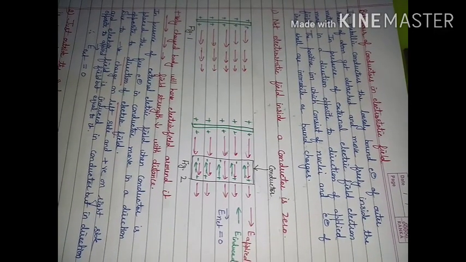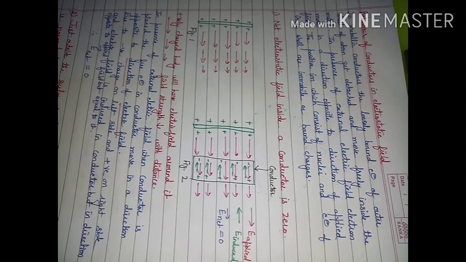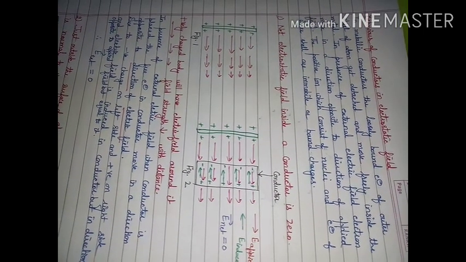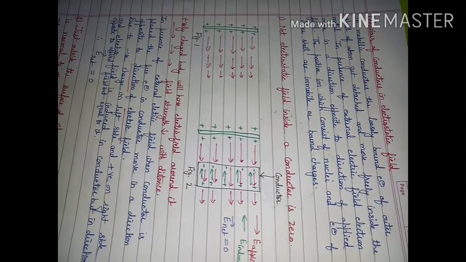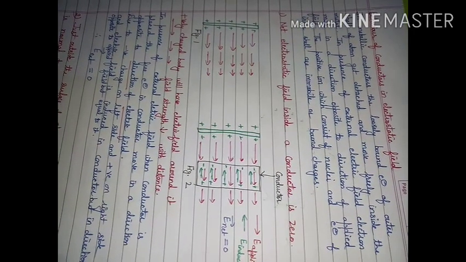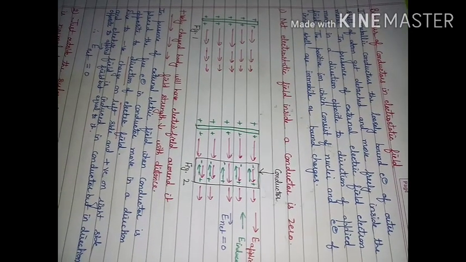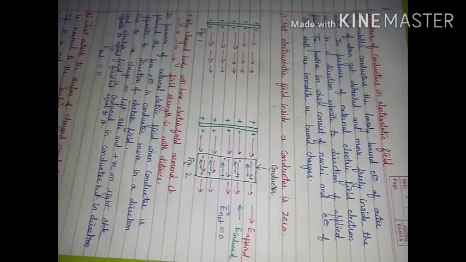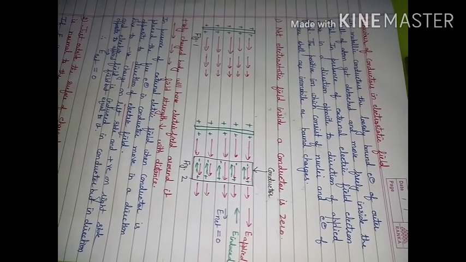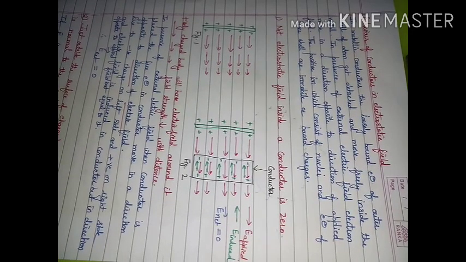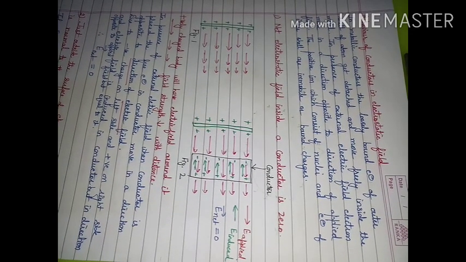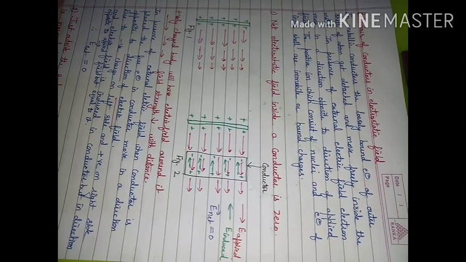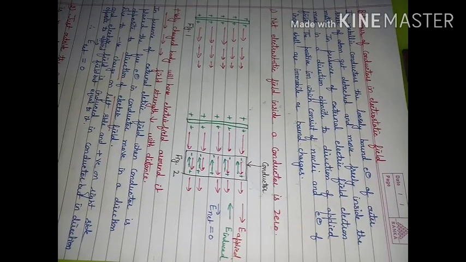Today we will consider the behavior of a conductor in an electrostatic field. If we consider a metallic conductor, all of you know that in a metallic conductor the outermost electrons are loosely bound, and if they get some energy then they are free. It means that by overcoming the electrostatic force of interaction applied by the nucleus they become free, and when they become free we have one free electron and a left-out positively charged atom, that is changed in the form